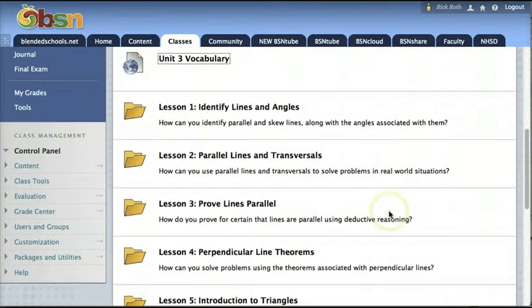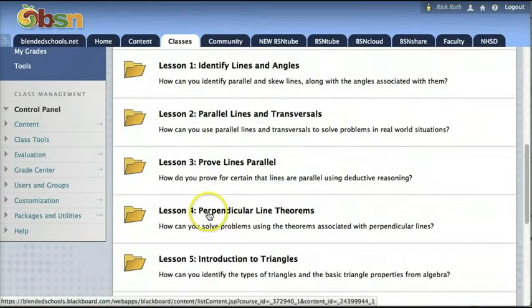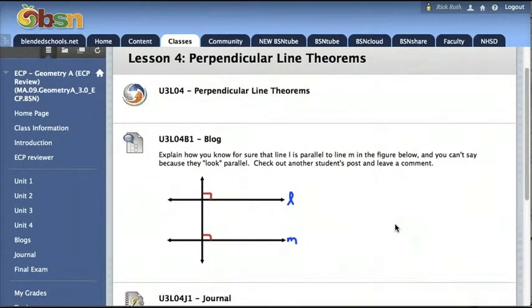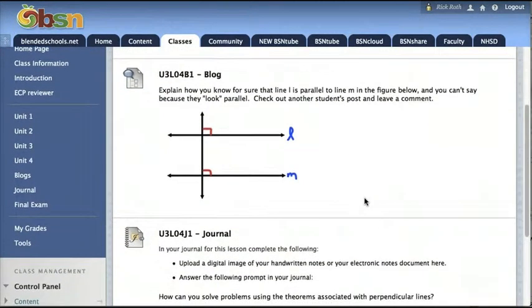As we progress through the unit, the lessons are in lesson folders with the essential question underneath each lesson folder. So let's click into lesson 4 here. And our lessons are in our new Blended Schools 3.0 format, which means the bulk of the lesson is contained in a SoftChalk ScoreCenter platform. And we built most of the lesson within SoftChalk and then published it into Blackboard. But we, of course, use the Blackboard interactive tools such as the blogs, the journals,